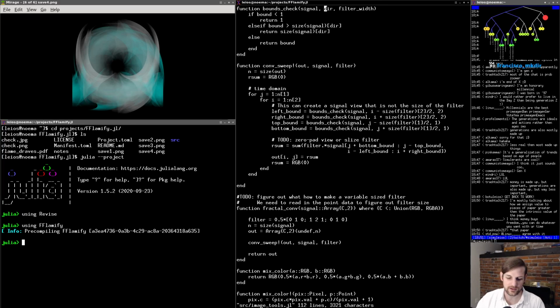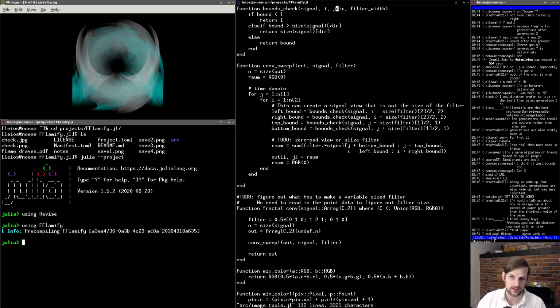I think we do need a direction. Okay, so now we're going to do signal I, J, the filter width, and then the direction. And then we're going to fix it down here with the bounds check. Okay,